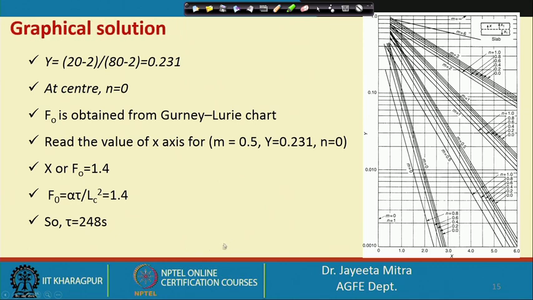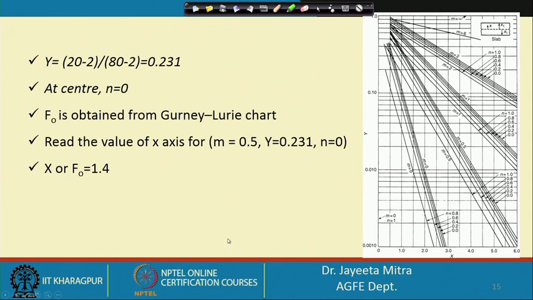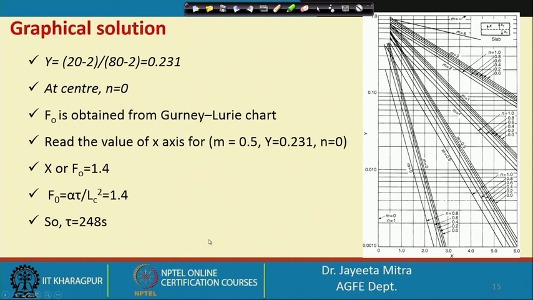So, this is how using the Heisler chart and Gurney-Lurie chart we can calculate the temperature profile in case of different food material when these foods are exposed to the higher or lower temperature surroundings. So, the principle we have discussed today, we will be using this one for the thermal preservation techniques that we will follow in our next class. So, till then, thank you.